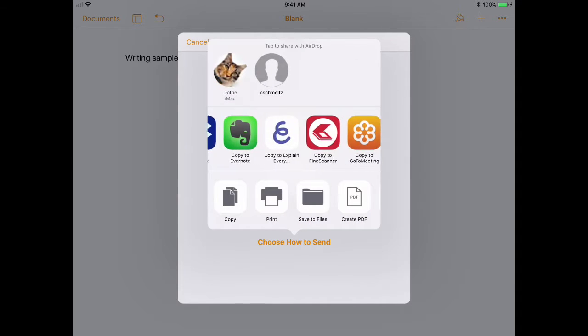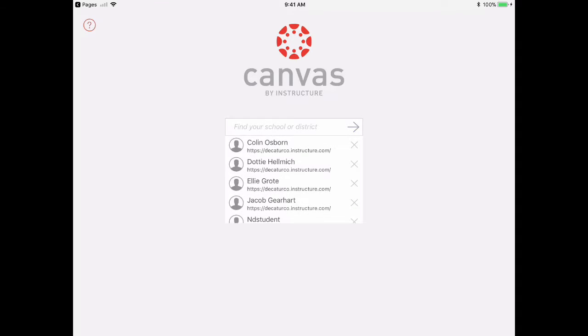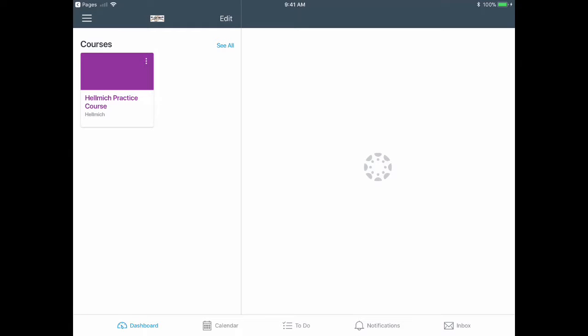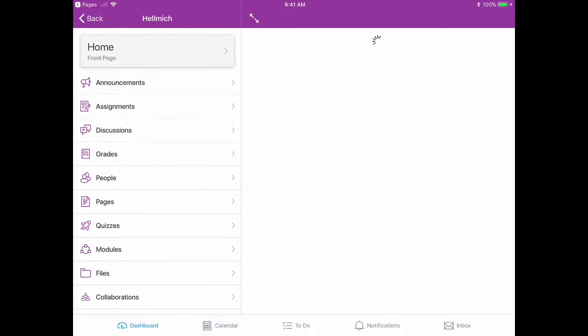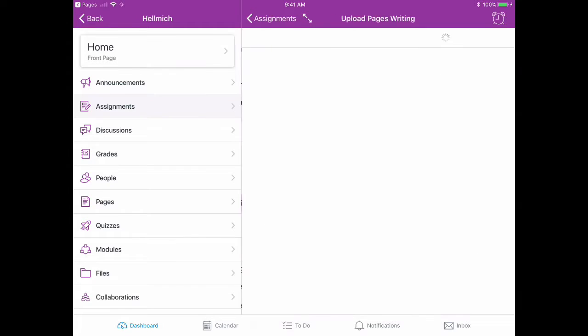We're going to slide over until we find Copy to Student. And this sends it to the Canvas app. And then it's also going to take us directly to the Canvas app and tell us that the file is received. And it holds the file that we just sent in Canvas until we select it and actually submit it with our assignment. So we find our assignment, uploaded Pages writing,